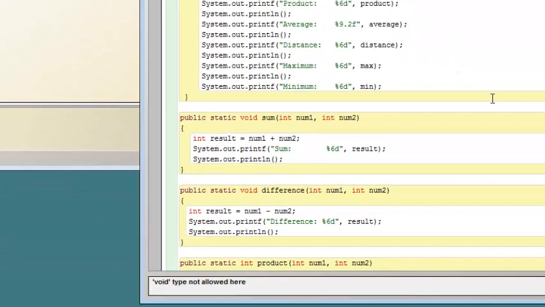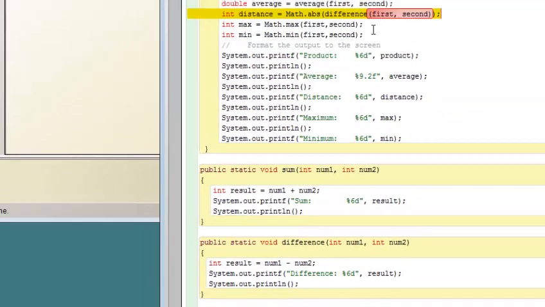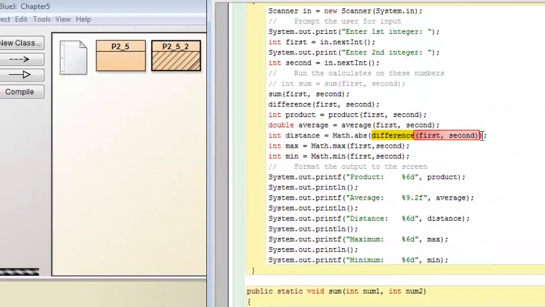Alright, void type not valid here. Okay, sure enough. This is expecting a return value, so that isn't going to work. Alright, that is a very true statement. So I am just going to have to do a first subtract second. It's actually really good that I'm making these mistakes so that you can see how I am debugging my code here. But see, it tells me right here, void type not allowed here. So here, even though I'm calling the function, it's not returning anything. So there's nothing then to send to the